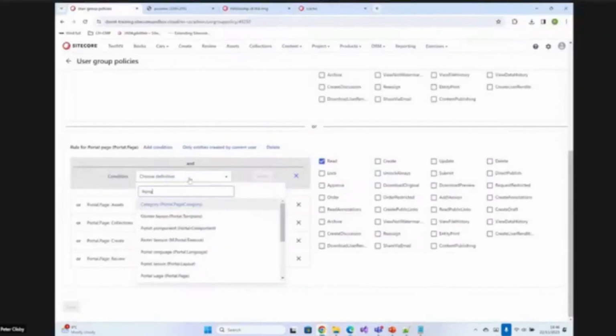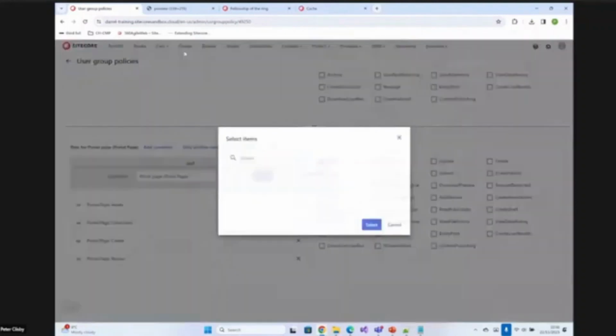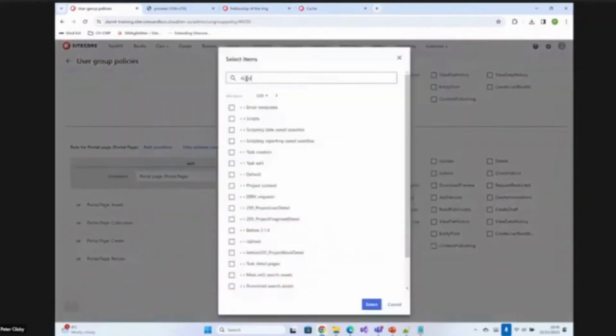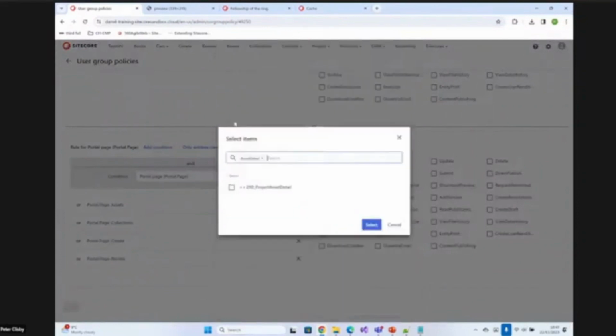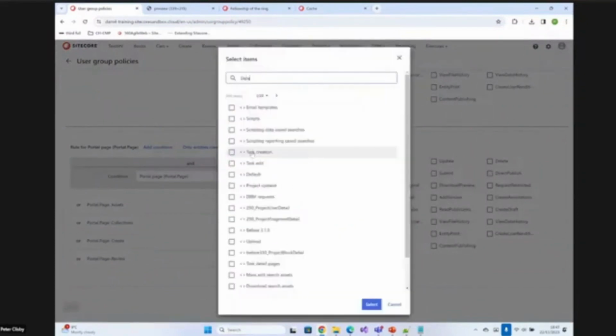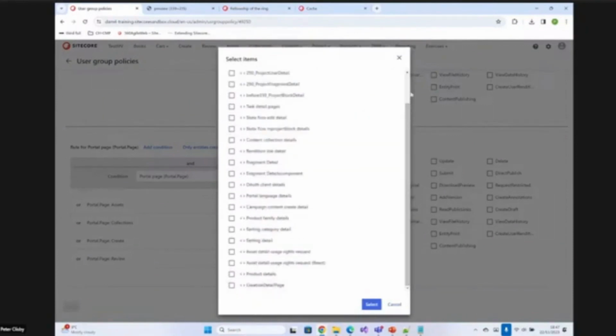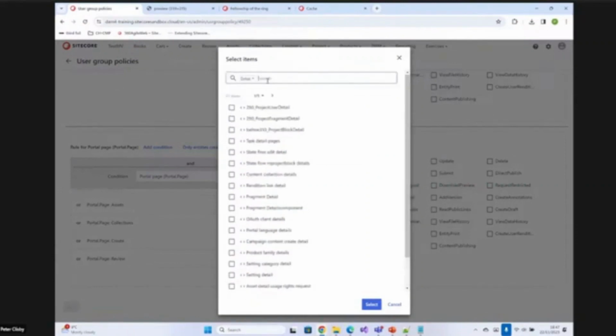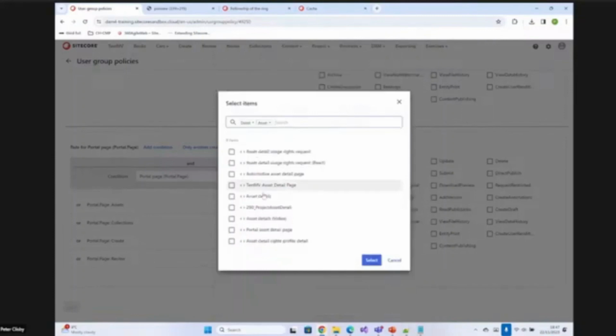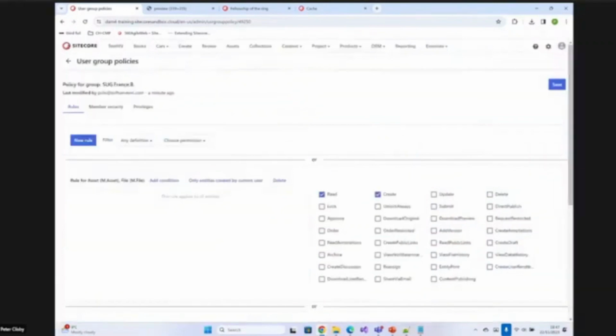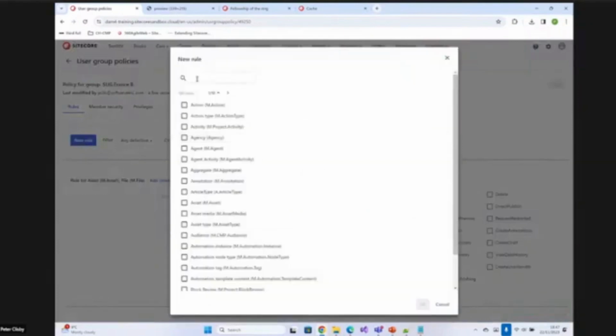So again, you can kind of see this repeated concept. I need to give them permissions to the asset detail page. So if I go and select that asset detail, I think it's like that. Okay, let's just do detail. Okay, I think that's right. Asset details. Okay, and then what I'm also going to do is give them permissions on m.asset, and I will make it